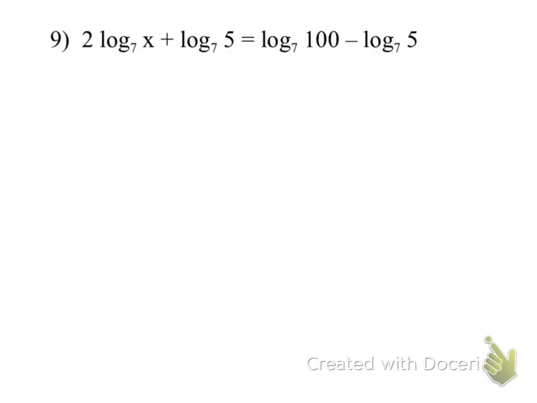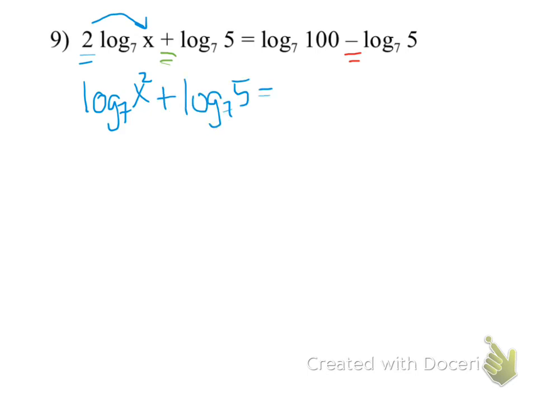Alright, now let's do one that puts all sorts of stuff together. So in this problem, we've got a number that's being multiplied by a log. We've got the addition of two logs. And on the right-hand side, we've got the subtraction of two logs. So first of all, kind of like the properties of order of operations, let's take care of that exponent first, because it's only on the log base 7 of x. So we're going to bring that 2 up front as the exponent,